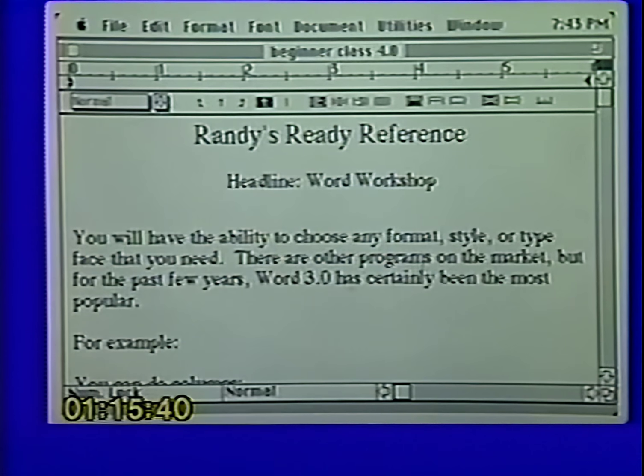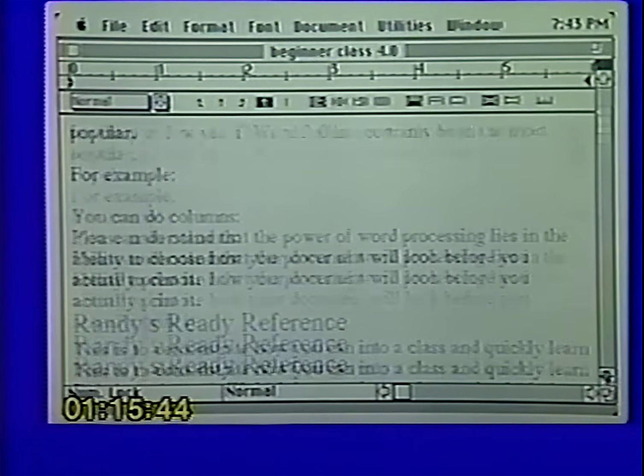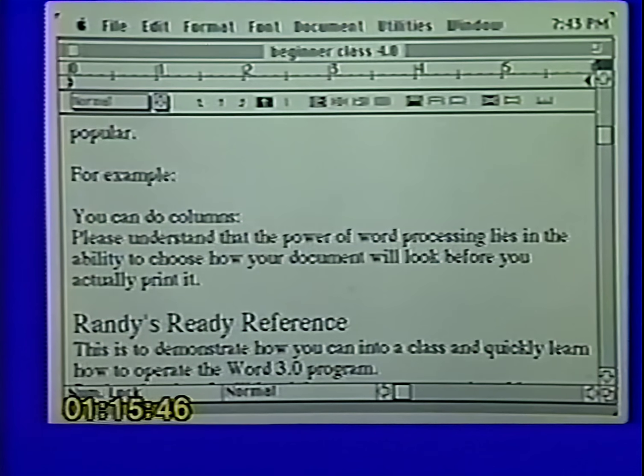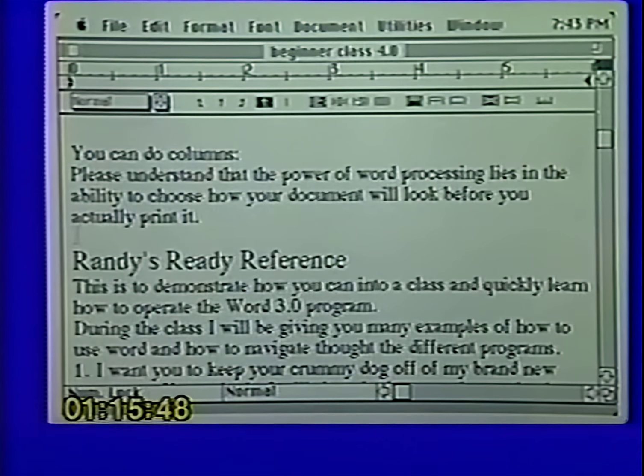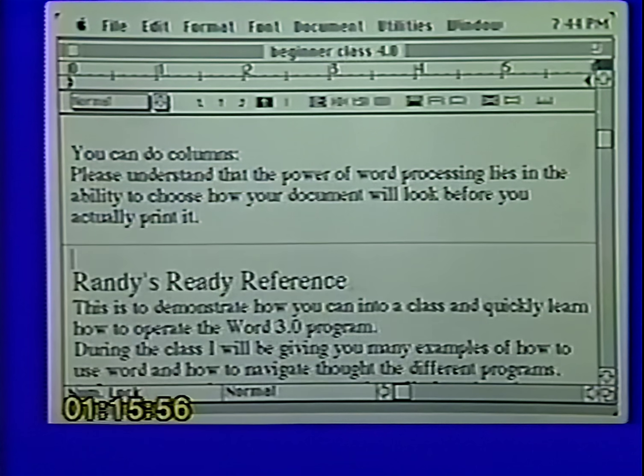Okay, so here we are, we're looking at our document. As you're typing through your document, if you know where you want page breaks, let's say I know right now that I want a page break after that paragraph, you can put in an artificial page break. And all you have to do is click where you want the page break and hit Shift-Enter. And you'll notice that Shift-Enter puts in a page break. So as you're going through your document, if you know where you want your page break, simply hit Shift-Enter.